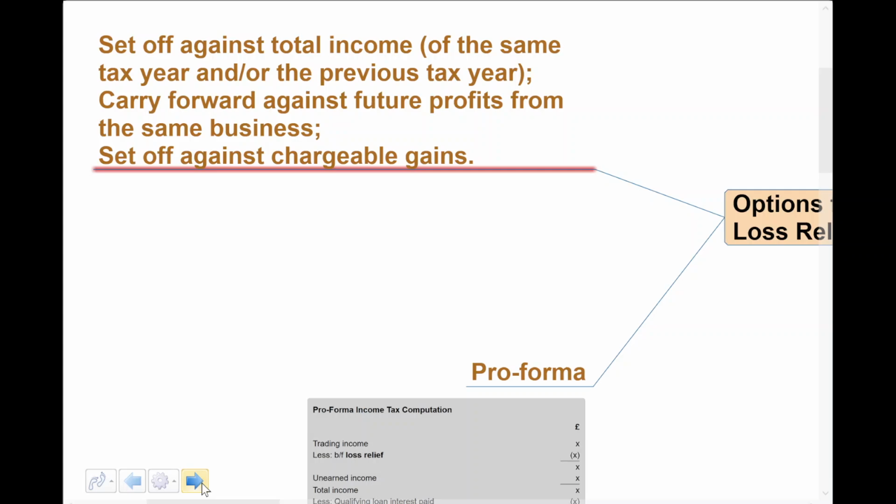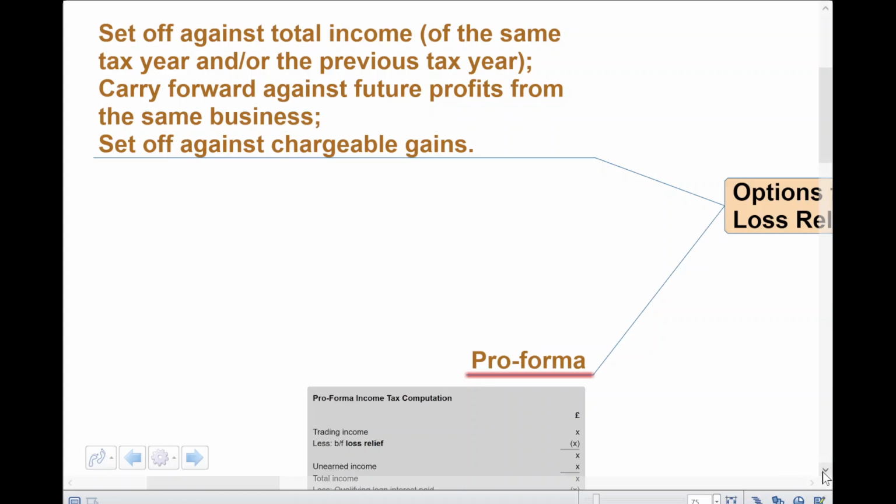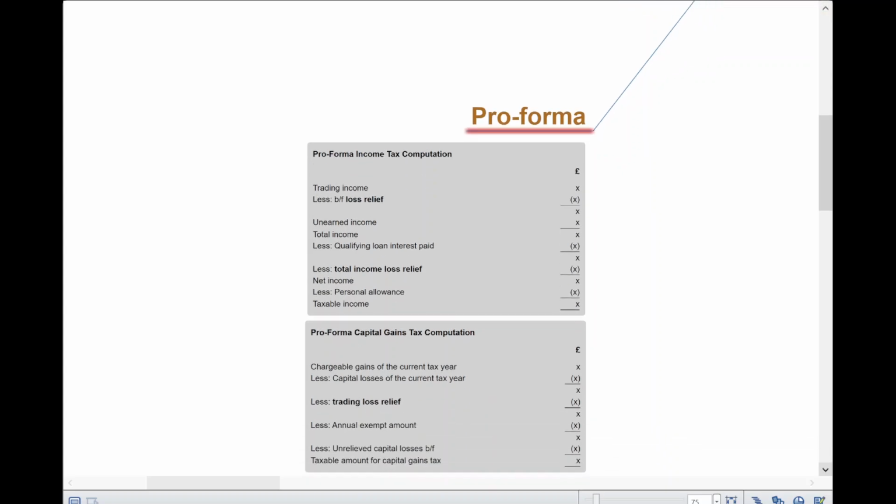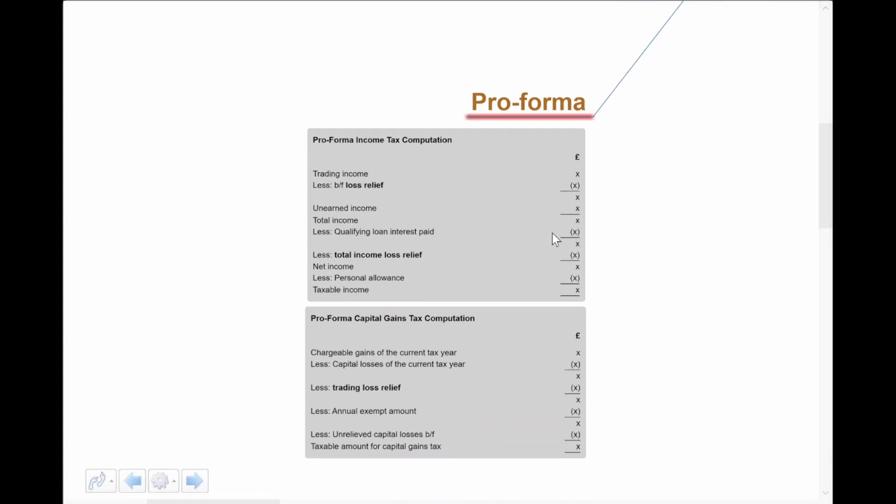Last area, set off against chargeable gains. Now, in terms of the pro forma, let me just put this into view for you. With those various options, you'll see we deal with the pro forma IT comp here. If we're talking about an offset against future income, here's where we would bring in the deduction, okay? If we're talking about a total income offset, then obviously we have to get down to total income first, and